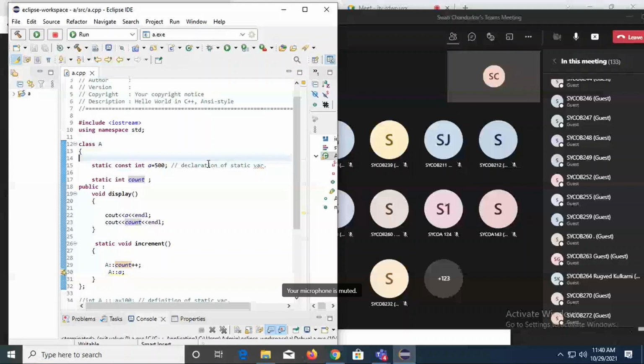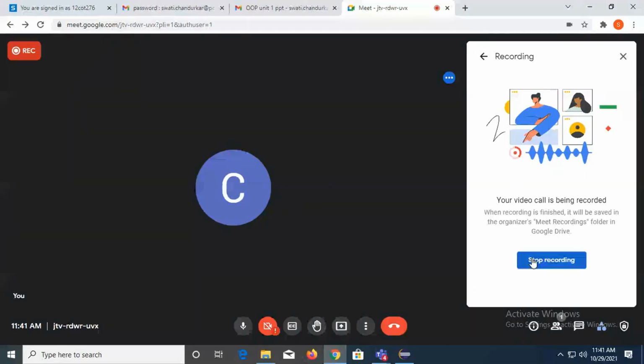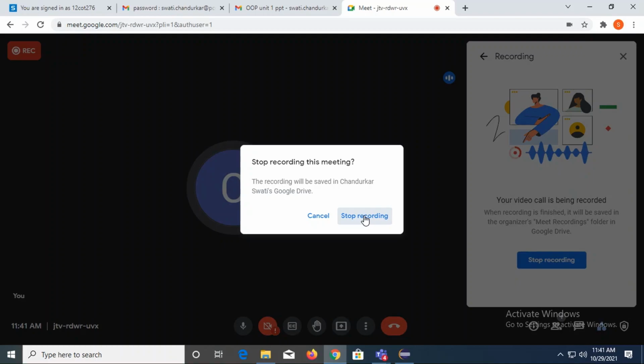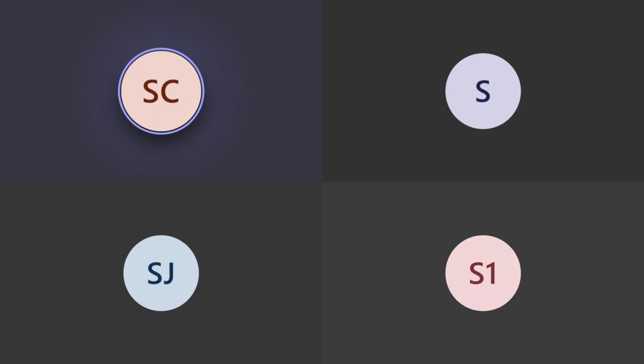Ma'am, where will you share this code? I will share it onto your Google group only, जैसे अभी तक share किया है. मैंने अभी तक सारा आपको share किया है. You can check it out. Have you checked your email? Yes, ma'am. Ma'am, why don't you make a Google Classroom?